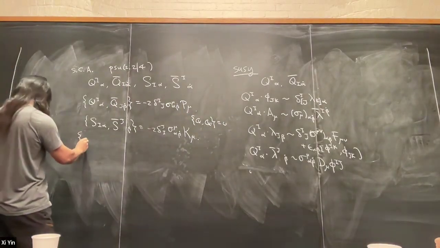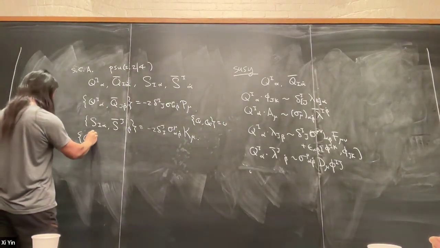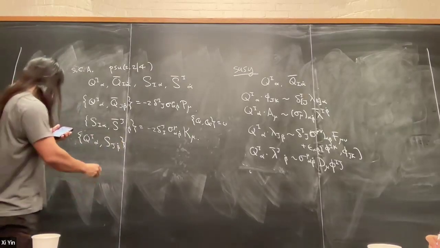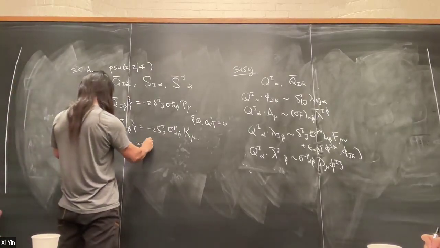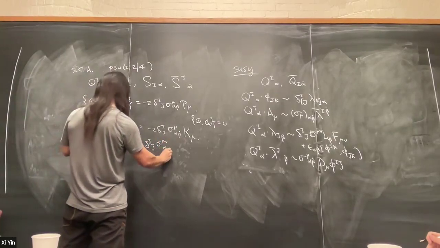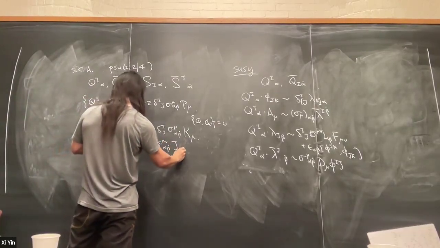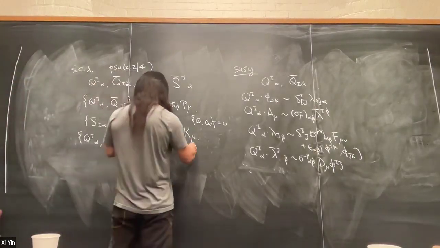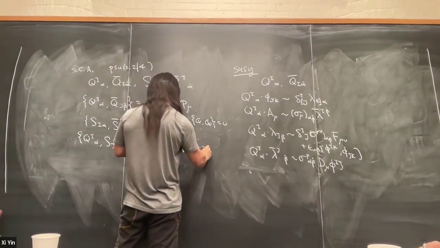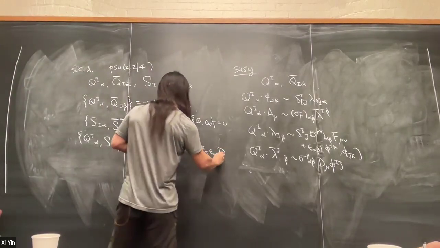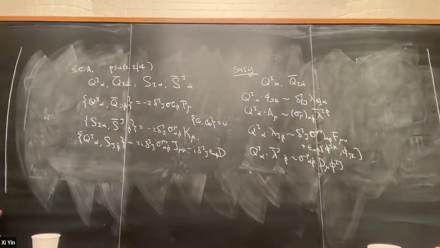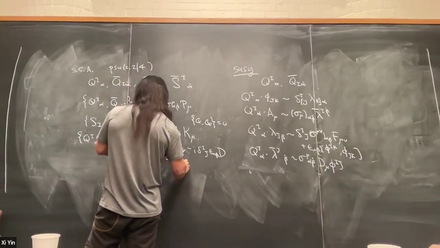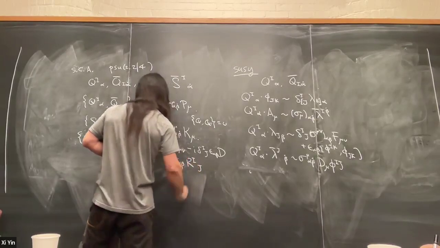And the non-trivial thing you need to know is that Q with S bar is equal to 0, but Q with S is not 0. This anticommutator is equal to 2I delta ij sigma mu nu alpha beta J mu nu. This capital J mu nu is the Lorentz generator. Minus I delta ij epsilon alpha beta D, where D is the dilatation. In my convention, D is always I times the scaling dimension. And then minus 2 epsilon alpha beta R ij, where R is the R symmetry generator.